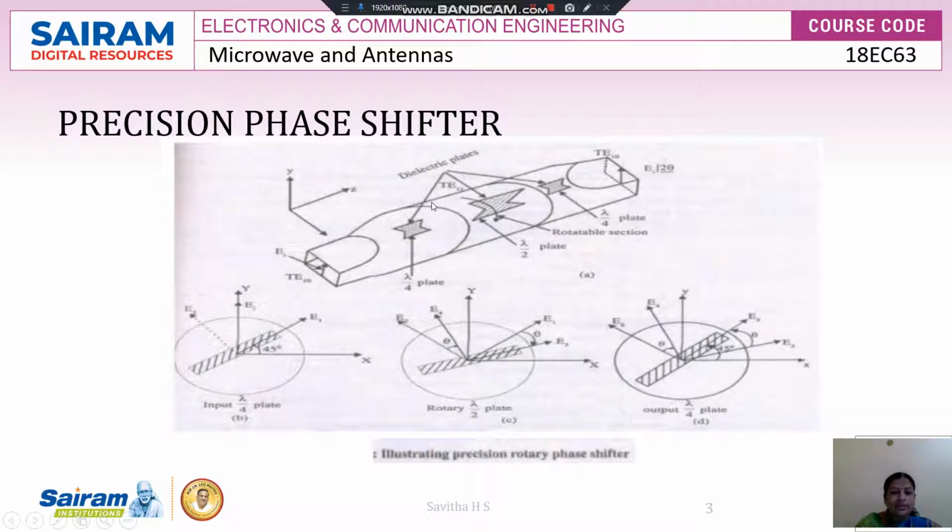It consists of a circular waveguide containing a lossless dielectric plate of length 2L called a half wave section. A section of rectangular to circular transition containing a lossless dielectric plate of length L is called the quarter wave section, oriented at an angle of 45 degrees to the broad wall of the rectangular waveguide, and a circular to rectangular transition contains a lossless dielectric plate of the same length at an angle of 45 degrees. So we can see lambda by 4 plate and lambda by 4 plate.